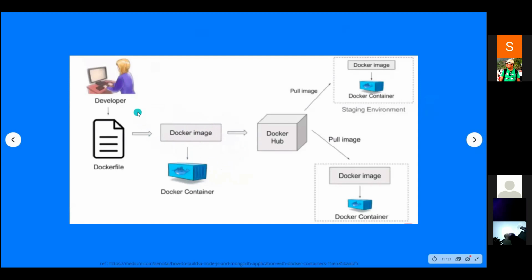Even if I have created a very good Dockerfile, I can share it on Docker Hub as well. So another developer who requires a similar image can just pull the image and create a Docker container. So it's very easy to share and collaborate with developers.